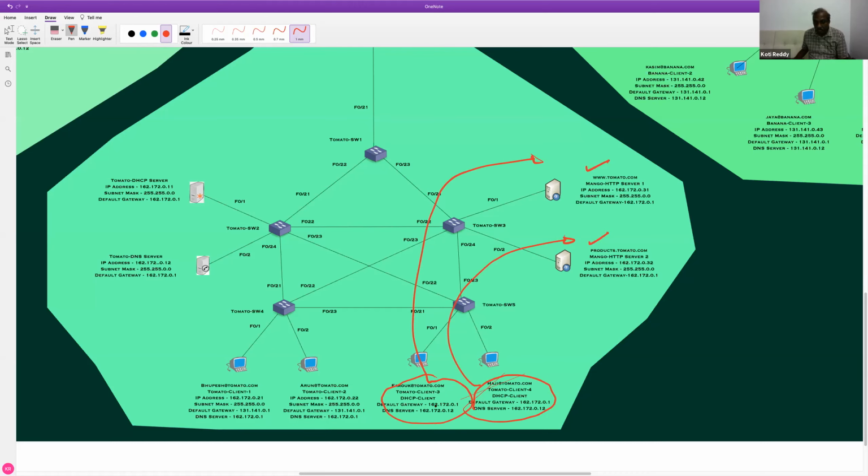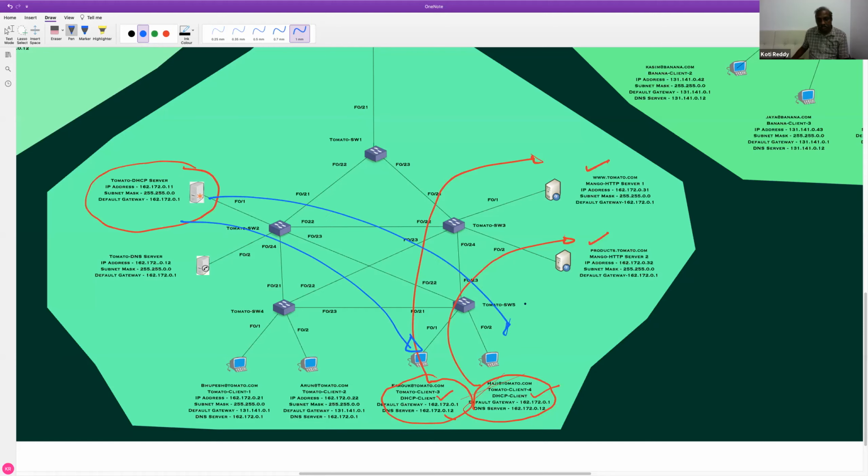They are at IP addresses 162.172.0.12 and also 162.170.0.12. Sorry, these are actually DHCP clients. Tomato Client 3 is acting as a DHCP client and Tomato Client 4 is acting as a DHCP client. So they get their IP address from the DHCP server. The DHCP server would have given them an IP address automatically, right?